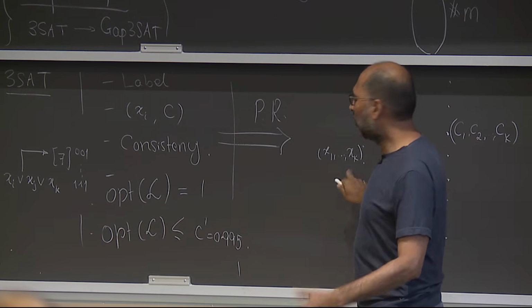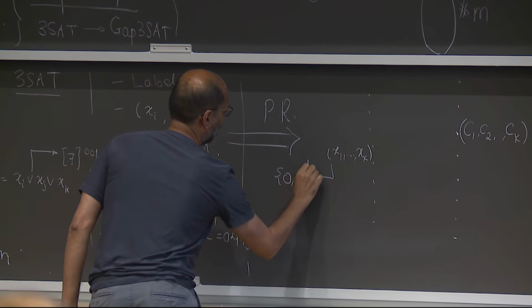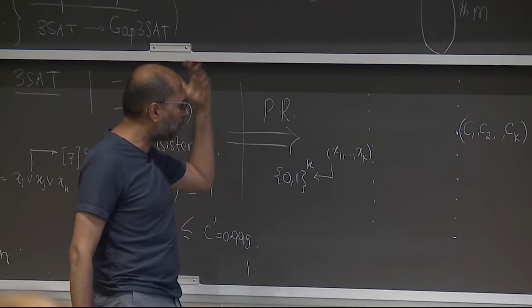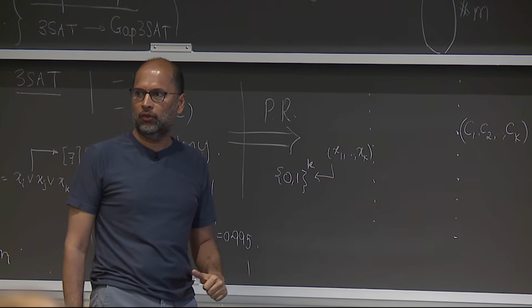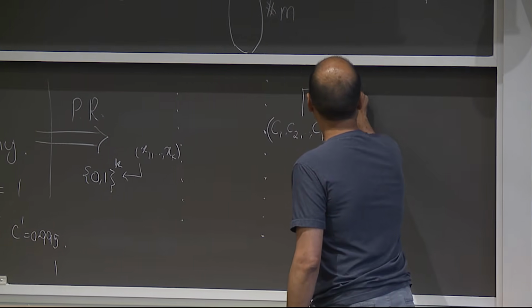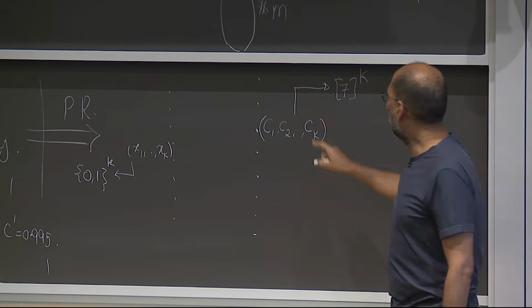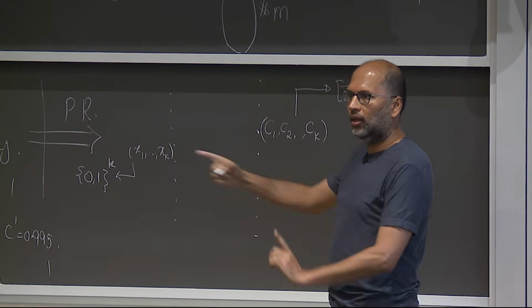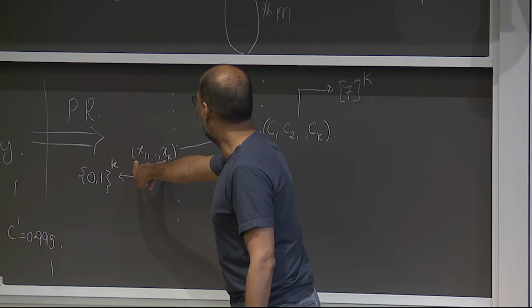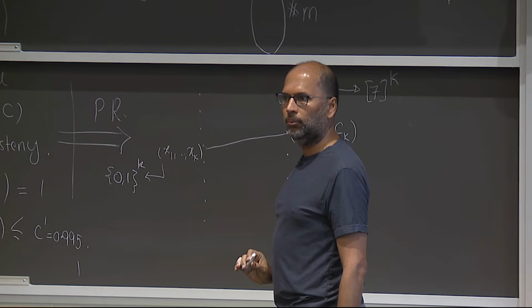Right, all the bit strings of length k. Presumably it should come from some global satisfying assignment to the Boolean formula, right? The same thing on the other side. You want to assign some label from, you can call it, 7 to the k. For each clause there are 7 possibilities, right? And then that's it. You connect if, between these two tuples, x1 occurs in C1, x2 occurs in C2, and so forth. All right? And then that's it.